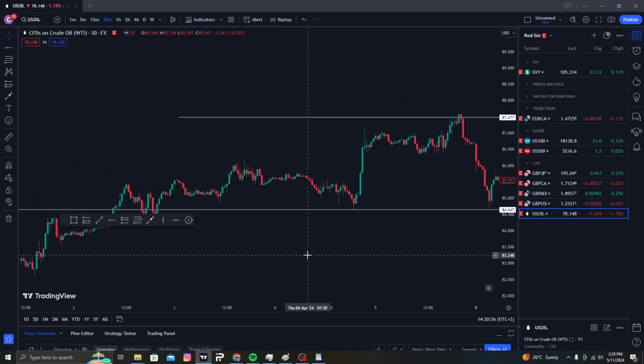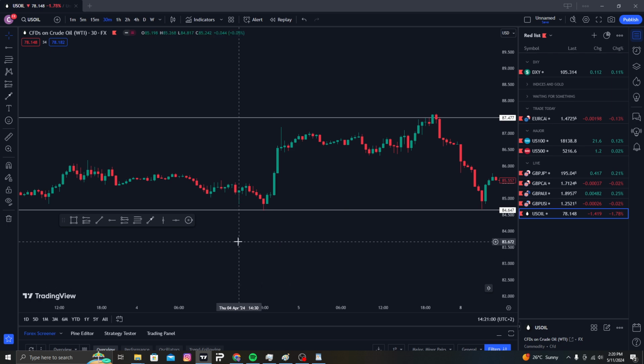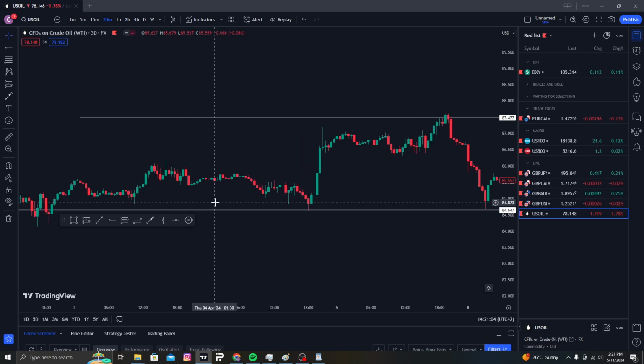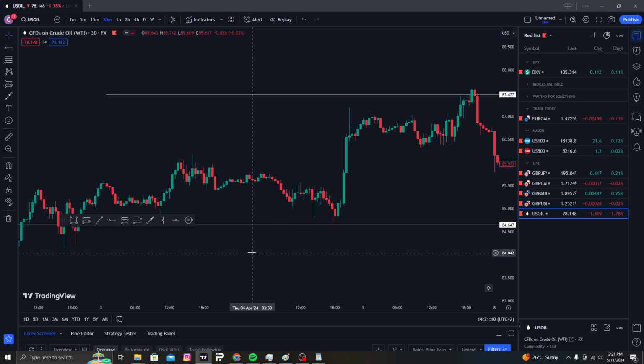Let's start with the first one, the way I gauge it. So for me, most of the time, I look at two things, right? I go to lower time frames. Basically, now we are on a 30-minute time frame, right? So this is how I gauge how to enter a trade. Okay, I can see it's reversing. It's not breaking through. This is how I gauge it, guys. I mostly go to the 5-minute